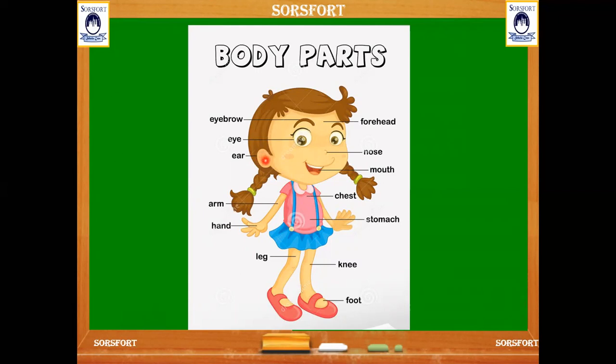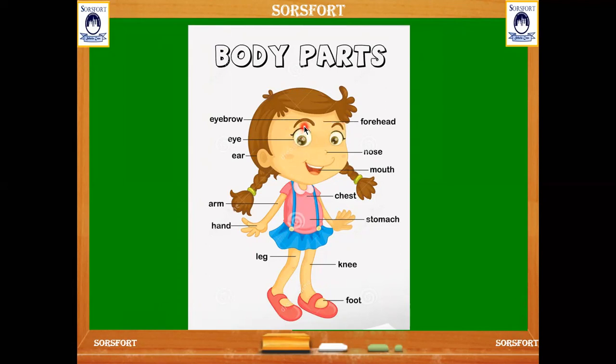Ears help her to hear the noise from the surroundings. What all can you hear? If we talk, or if others talk, you can hear through ears. And here are the eyebrows. She has two eyebrows